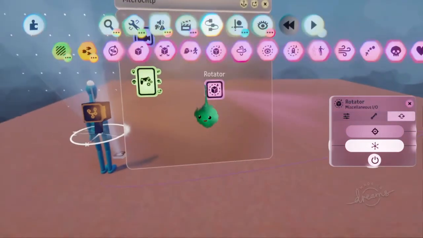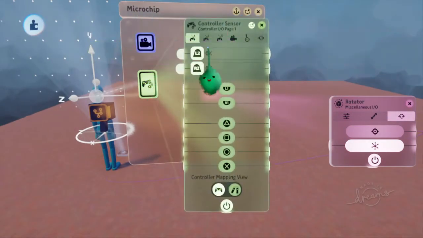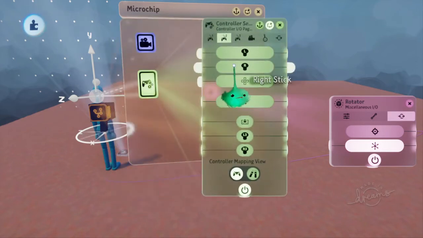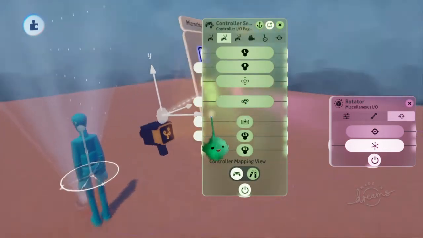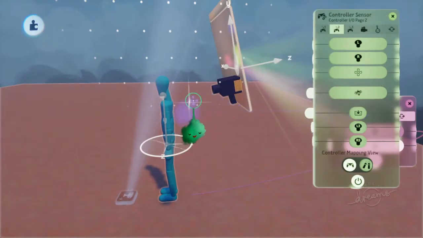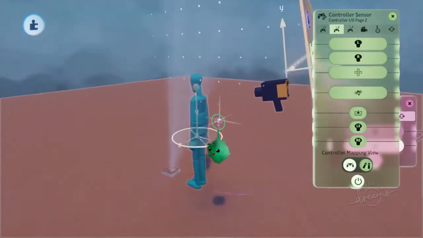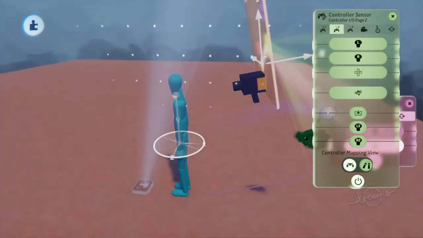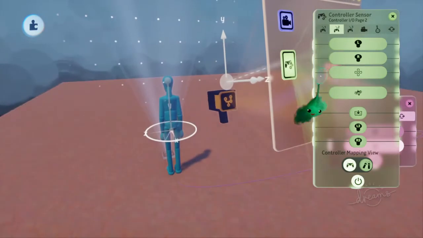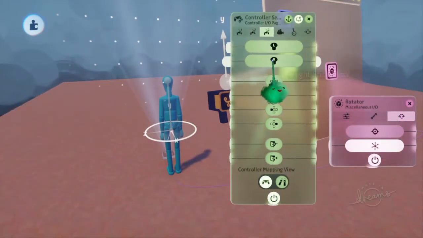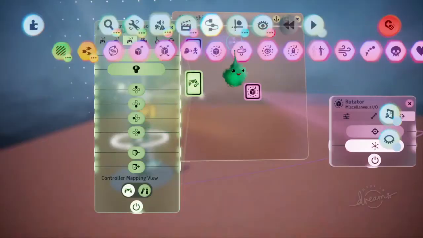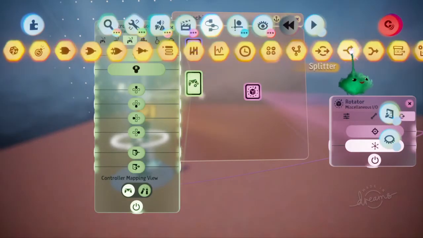And then I want to use the right stick local. So normal right stick is like, if you're looking down this direction, then pushing up will point in that direction up there. And if I look in this direction, it will point in that direction. So it'll be different based on the way the camera is facing. But the left stick and right stick local will just be the up, down, left and right. So if I get a splitter gadget,